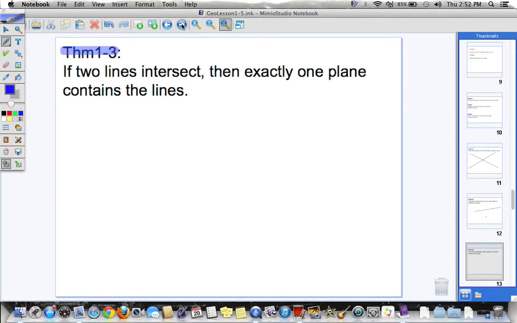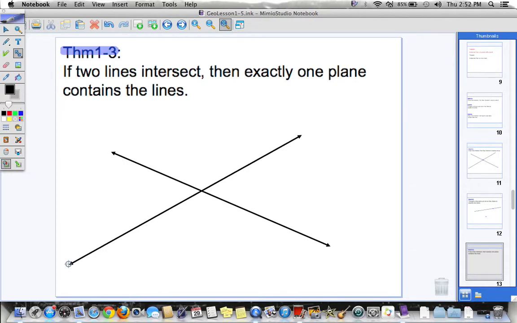All right, the last theorem that we have, if 2 lines intersect, so I'm going to draw 2 intersecting lines. If 2 lines intersect, then exactly 1 plane contains those lines. Why? I want you to think about that. Why is there just exactly 1 plane that contains those lines? Why can't more than 1 plane contain those lines? Because what you have here, so we have for any line, how many points do you